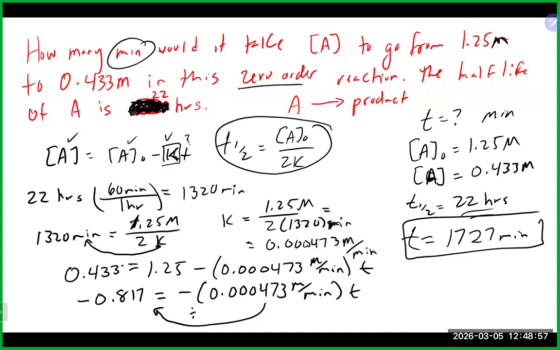Okay, so 0.433 minus 1.25 gives us 0.817 divided by 0.000473. I got 1727. There's 3 zeros. Did I have too many zeros there? I did. Yeah, for sig figs, really,